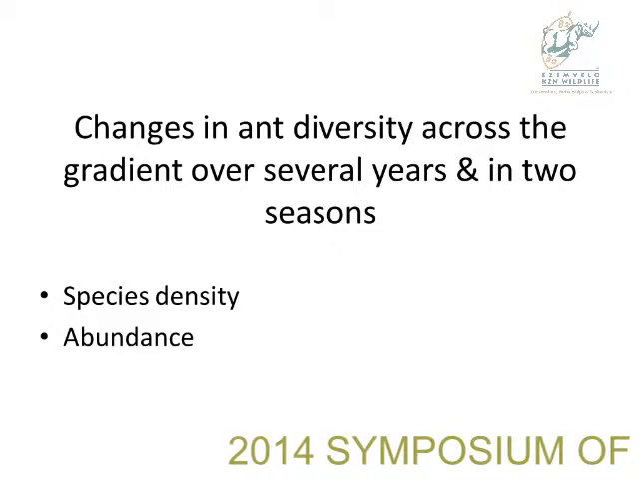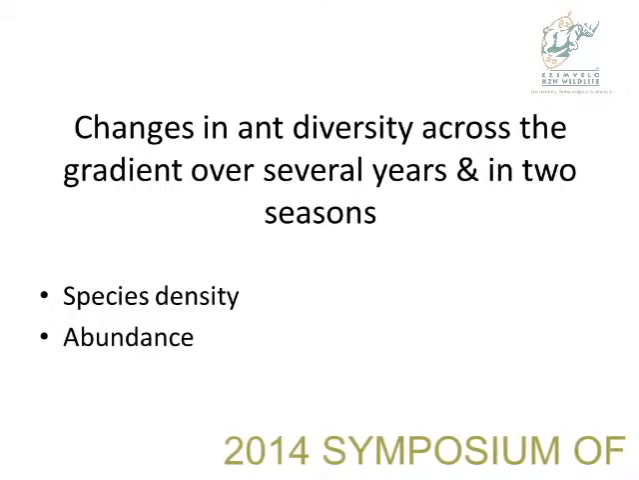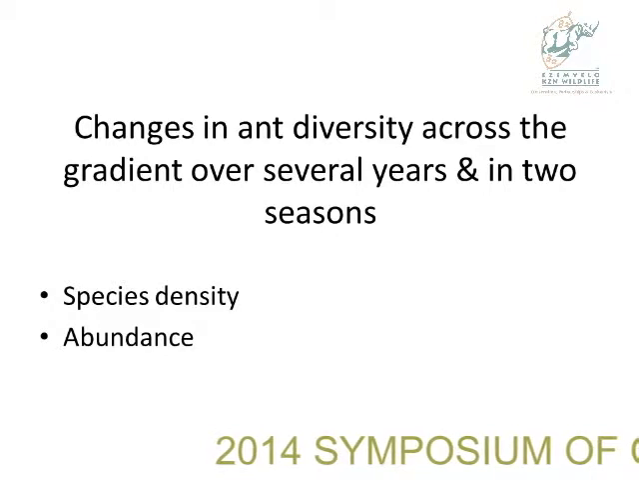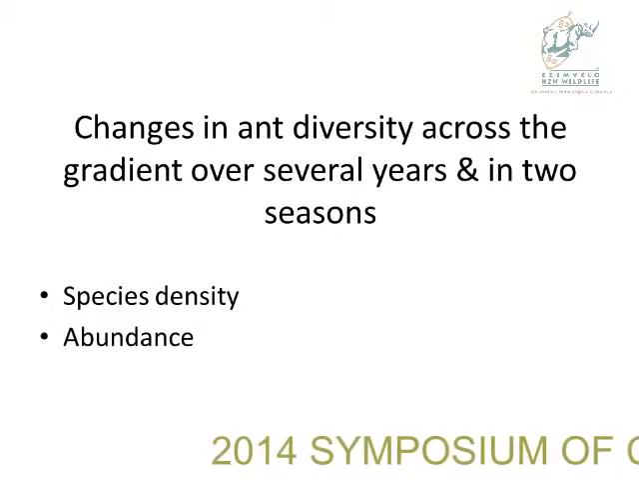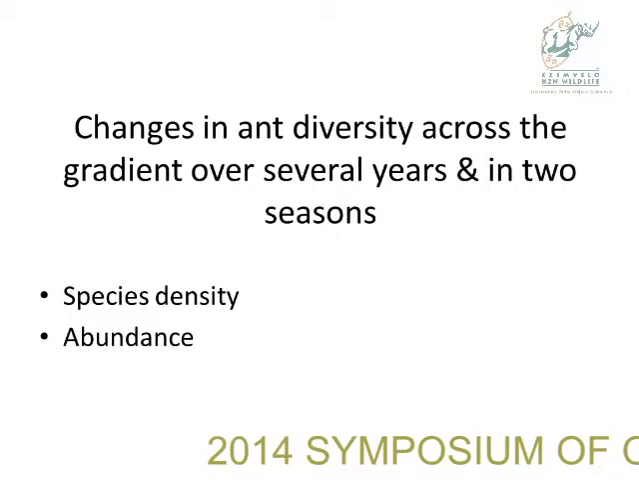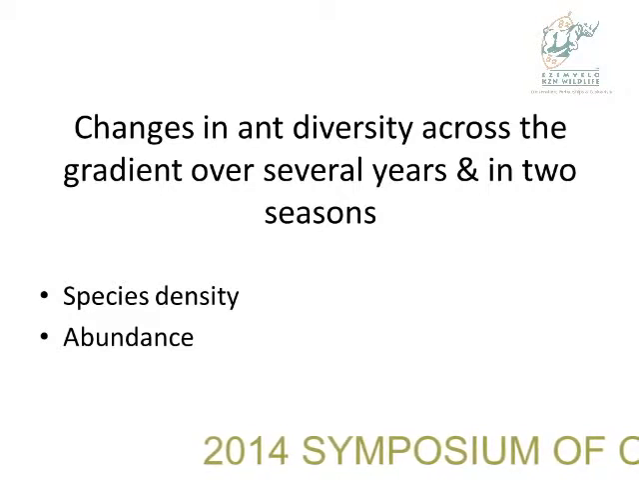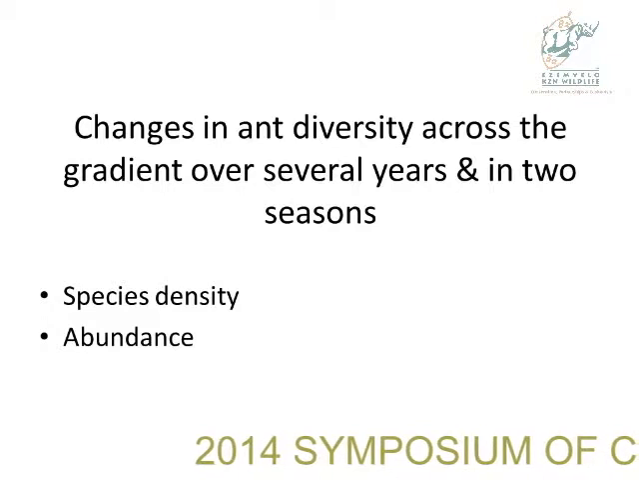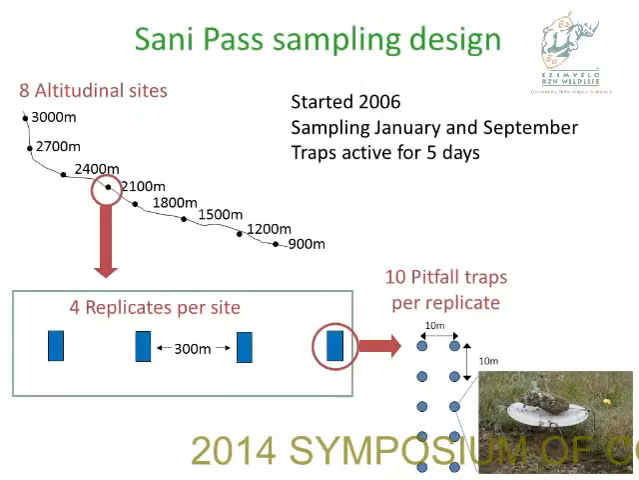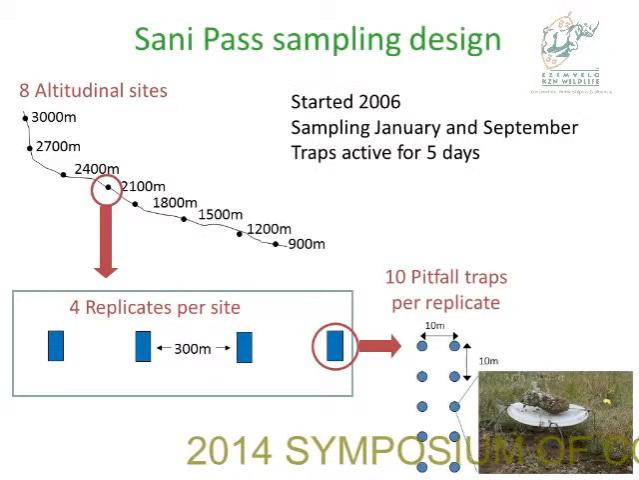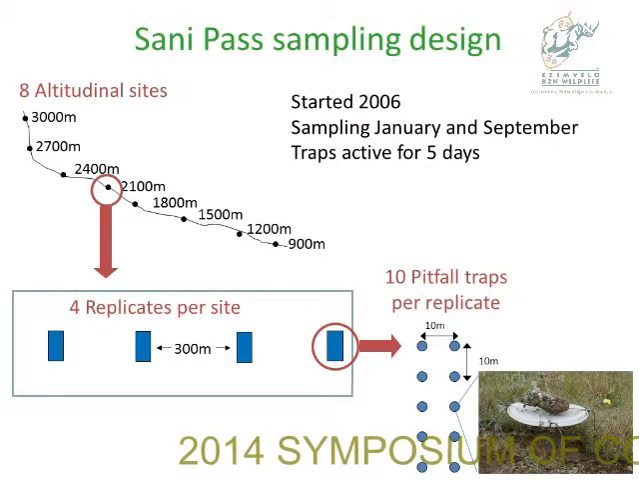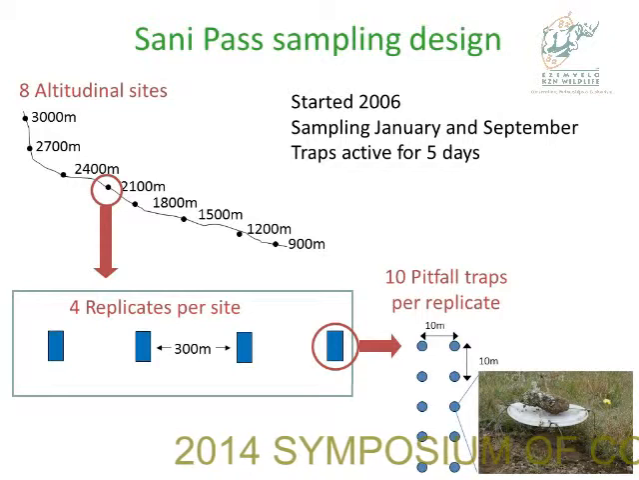So I'll talk about 2 aspects. I'll talk about species density, which, if you don't know the difference between species density and species richness, think of it in terms of species richness, and then also patterns of abundance across several years and in 2 different seasons. So this is the sampling protocol we use, as I said, starting at 900 meters, going up to 3,000